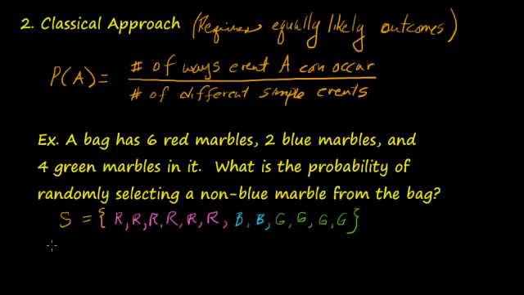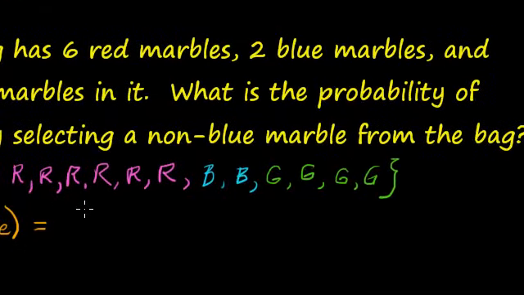So we want the probability of a non-blue. Well, that's equal to the number of ways that can occur. How many ways can that occur? Non-blue, well let's count. We have 1, 2, 3, 4, 5, 6 reds, those are not blue. 7, 8, 9, 10 total that are non-blue. So 10 ways that we can reach in the bag and pull out a marble and it's not blue, divided